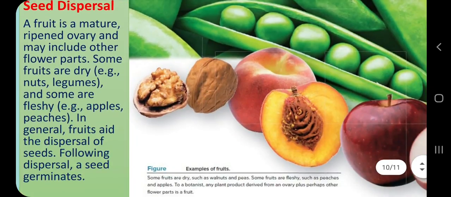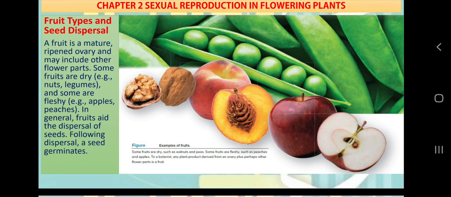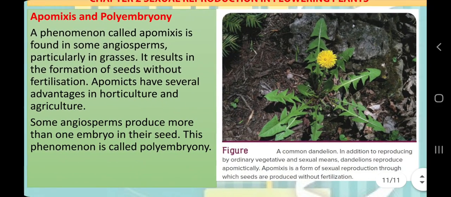And finally, there are different types of fruits, and fruits help in seed dispersal, of course, for propagation of the progeny, to avoid competition between siblings, competition for light, for shelter, for space, and for other nutrients and water. And one more thing, this is a very long video, but I strongly